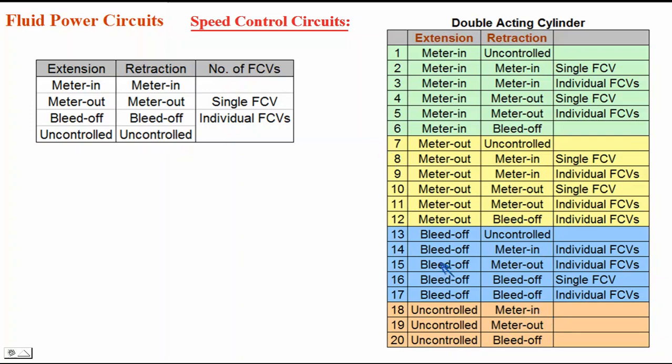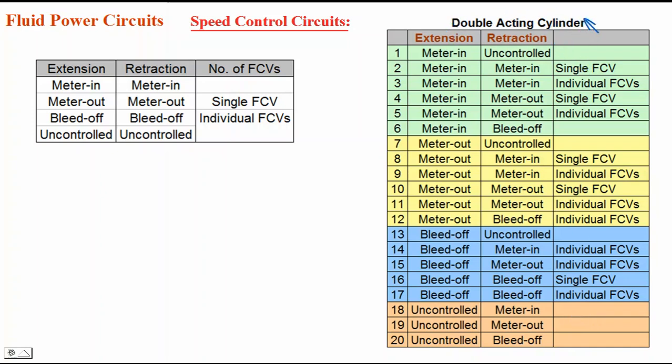Meter out circuit, 10 meter out circuits are possible. Bleed off circuit, 1 to 8: 8 bleed off circuits are possible. And this much, 20 circuits, is if it is a